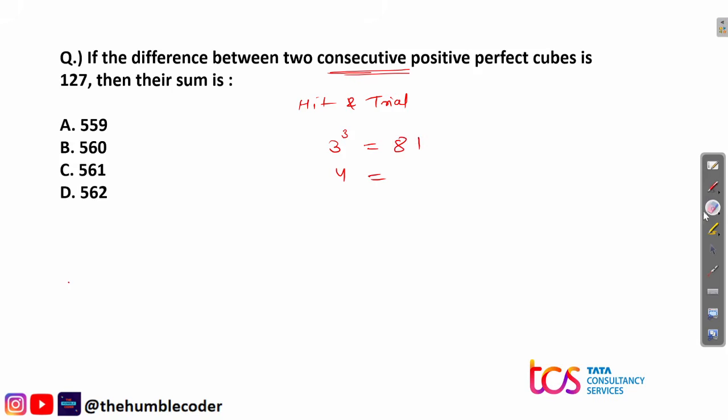Sorry, 27 is the cube of 3, and 4 cubed is 64, right? 16 into 4 will give us 64, right? So yes, we have taken two numbers. Now in the question itself it is given that the difference is 127 and their sum is one of these answers, right? So when we do the sum of these, definitely our value will not be in the range